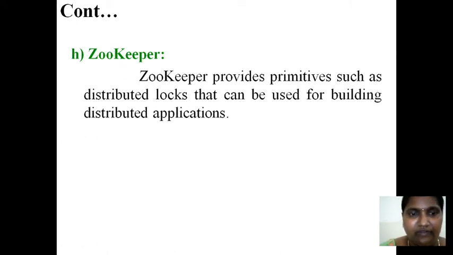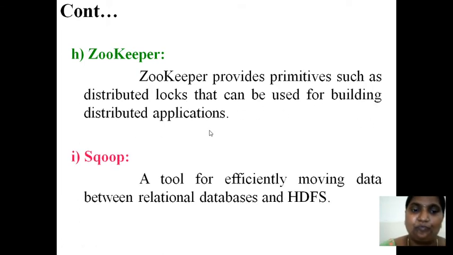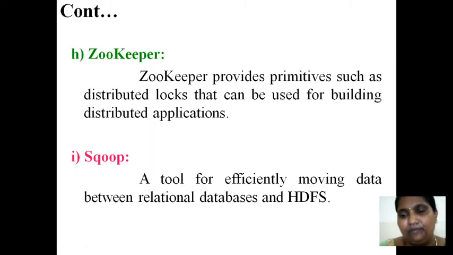And finally ZooKeeper, a very important one. As its name itself suggests, the keeper gives guidance or security and manages things so that our data is not captured by any outsider. ZooKeeper provides primitives such as distributed logs that can be useful for building distributed applications. And finally Sqoop. Sqoop is used if you want to convert from one representation of the data to another. For example, I want to convert from relational to HDFS, because the HDFS environment is totally different from relational databases. In that case, you can easily move from one form to another using Sqoop.